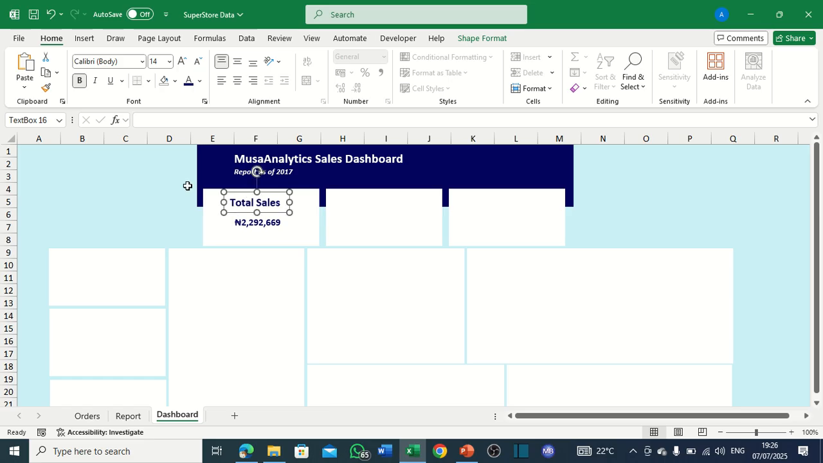Then you can duplicate this guy, like 3 times or 2 times. Then we use it here as well. Then the next report should be what? Should be profit. We want to see our total profit. So let's just rename this guy to be profit. Total profit. And this one should be